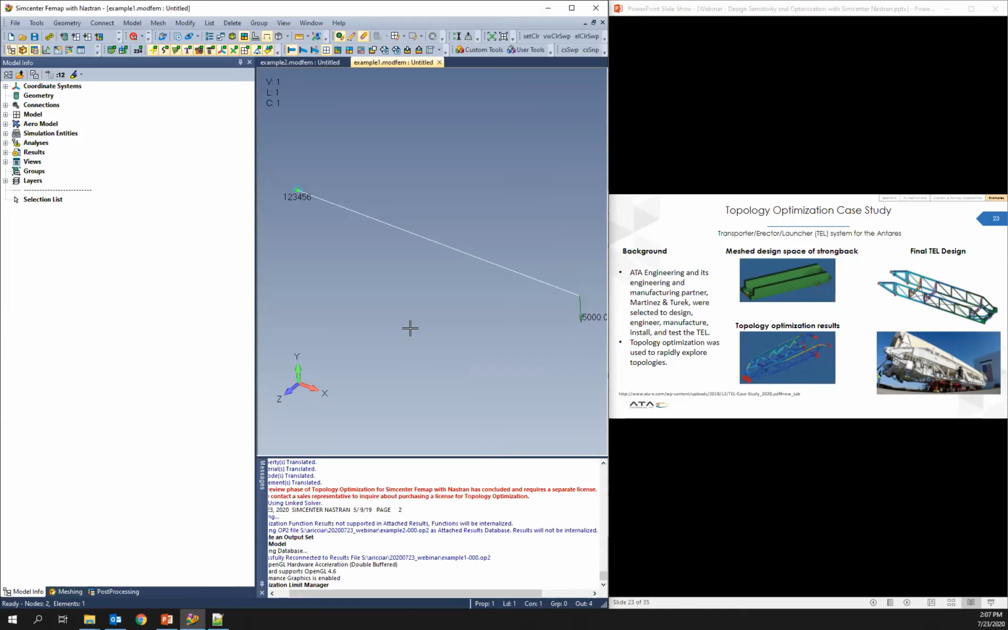Do you know if optimization of shell element thickness would work with 2D laminate elements? And would that let you look at layups and ply thickness and material orientation? Do you know if that's supported? So yes, but